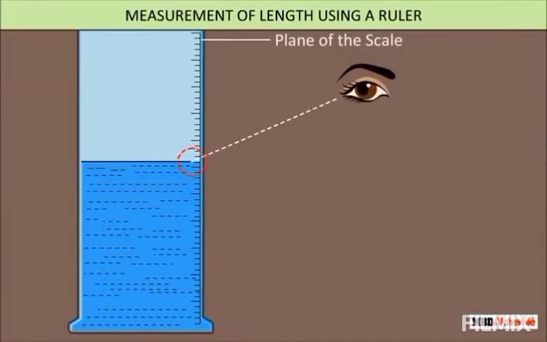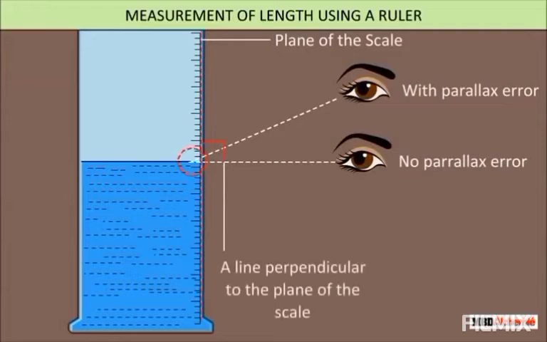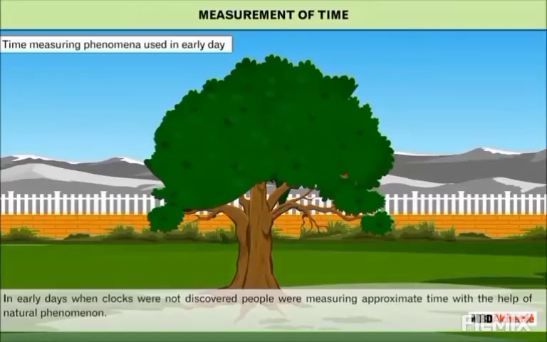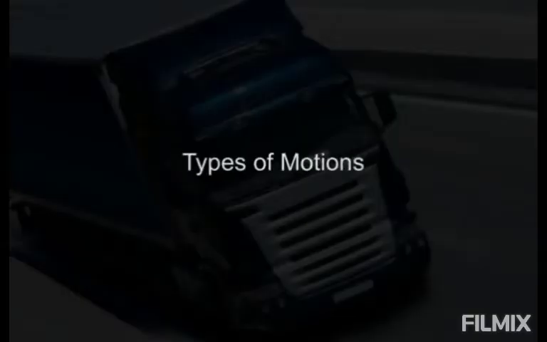So, while looking at a measuring scale, we want to observe our location. We want to look very straight towards the measuring point. Okay. If we do not look very clearly, some error is formed. This error is known as parallax error, the error in measurement. That means some mistake may take place in the reading if we are not looking straight, in a perpendicular direction. So this is all about measurement using a scale.